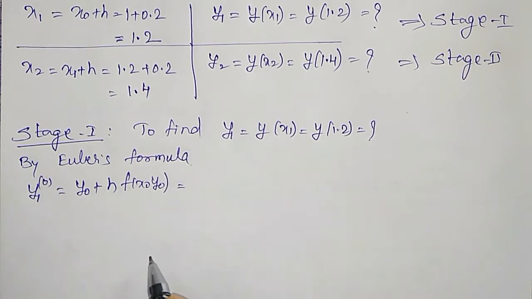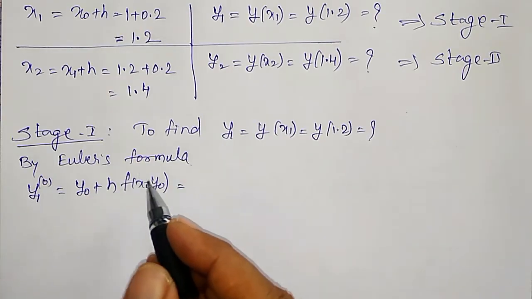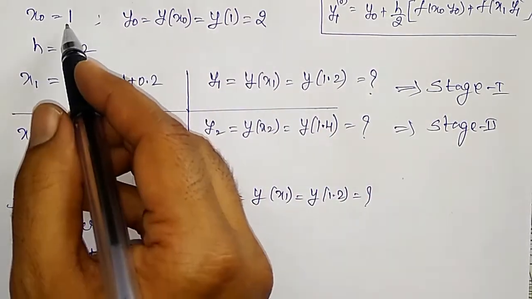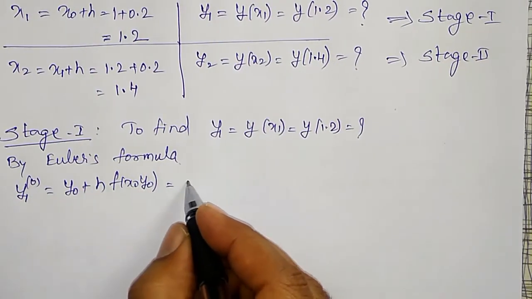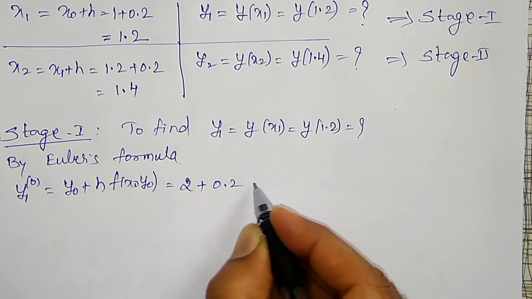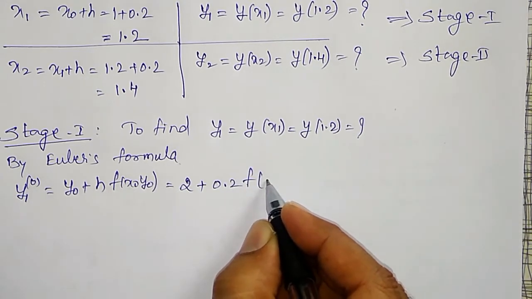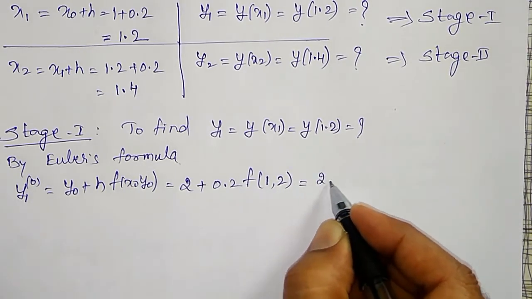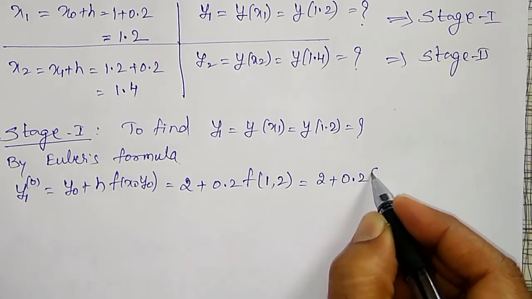The y0 value given in the problem is 2, and the x0 value is 1. Therefore, y0 value is 2 plus h value is 0.2 into bracket